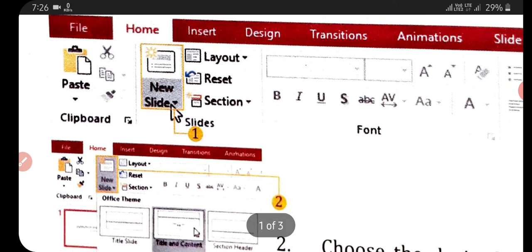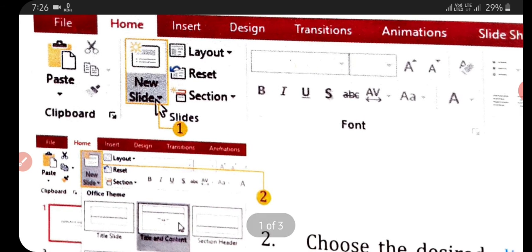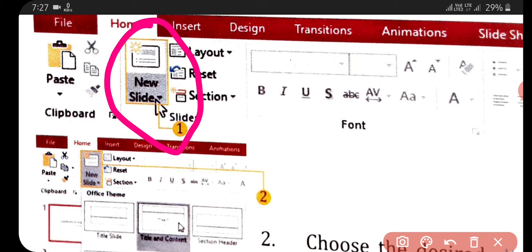So students, for inserting a new slide, we simply go to the Home tab. Here you see the New Slide command. Click the bottom half of the New Slide command, and then choose the desired slide layout from the menu that appears, and the new slide will appear.